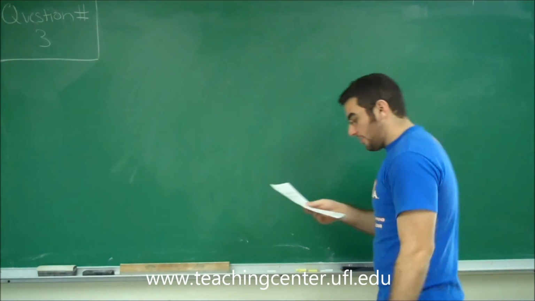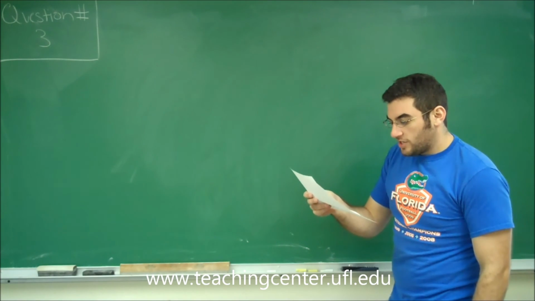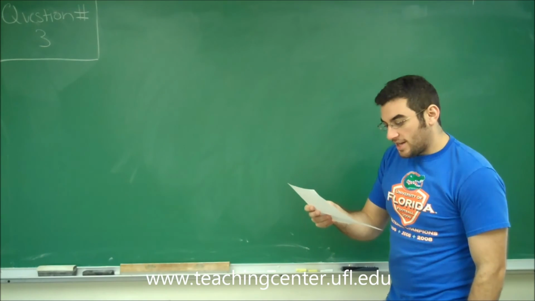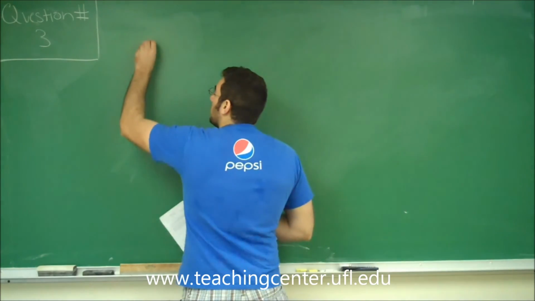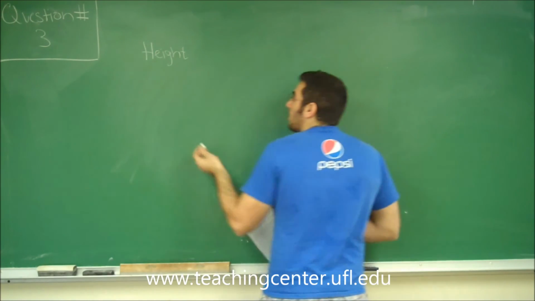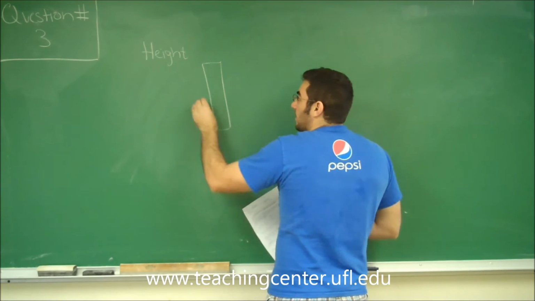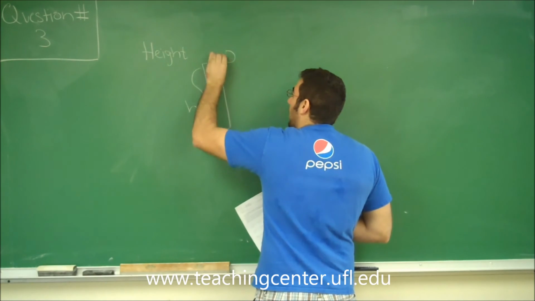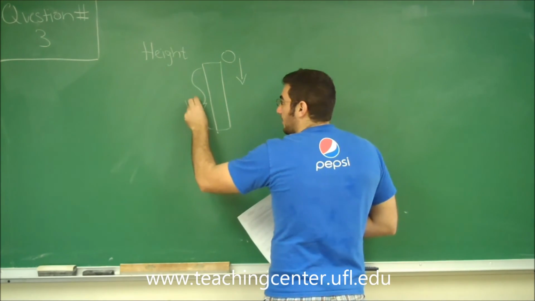Question number 3 is another motion problem, and it says a stone is dropped from a bridge. It hits the water 3 seconds after it is dropped. What is the height of the bridge above the water? So again, we're looking for height. If you want to draw a picture, we can just say the bridge has some height, and we drop a ball off of it. We're looking for the height,